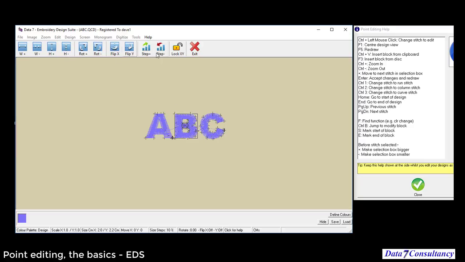Yes, I'm now in block editing. Again, there'll be a specific video about the basics of block editing in more detail. Because the B is now marked as a block with my S and E on my start and end,